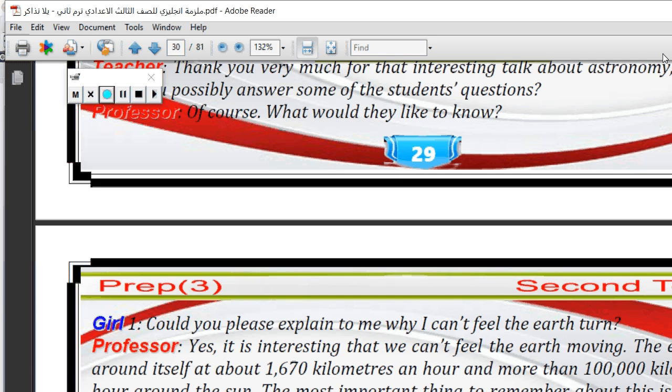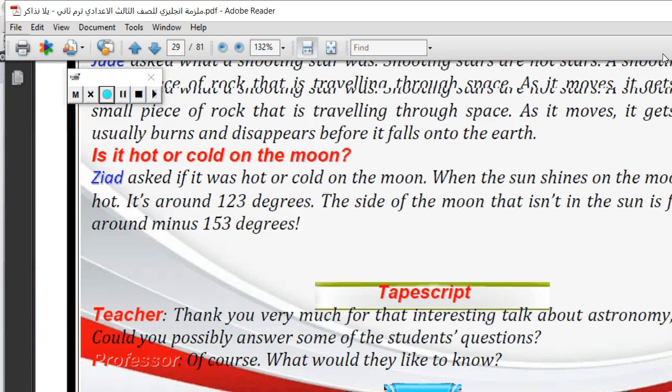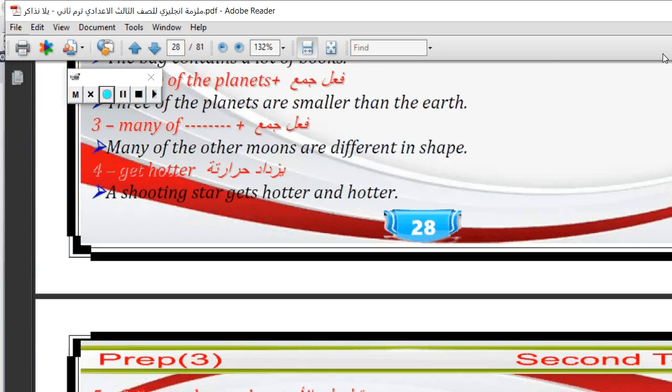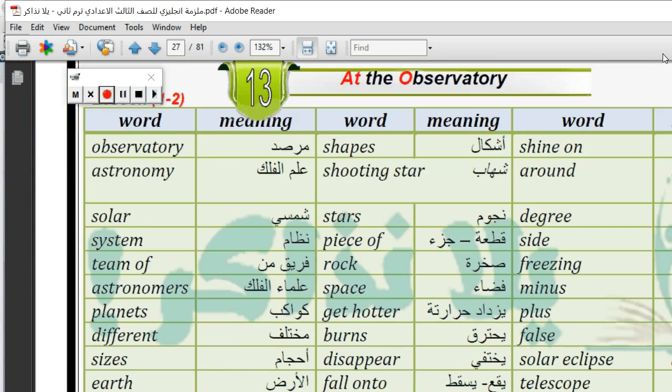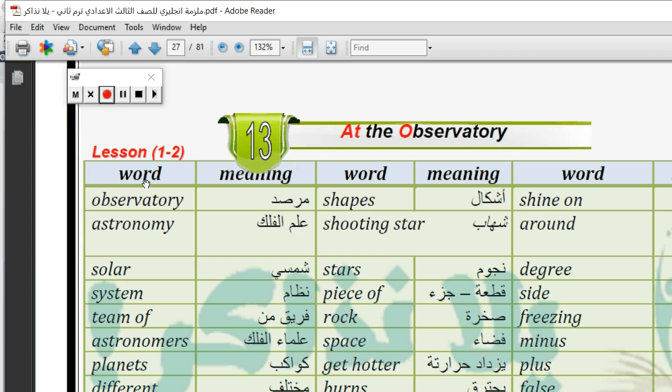This is the whole lesson. If we want to have a quick look on some very important words which we studied, I think most of these words are not new.